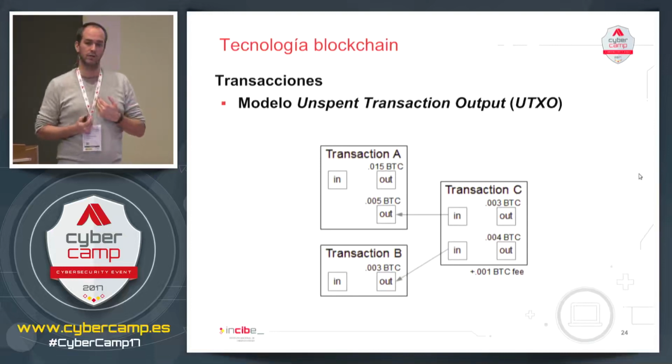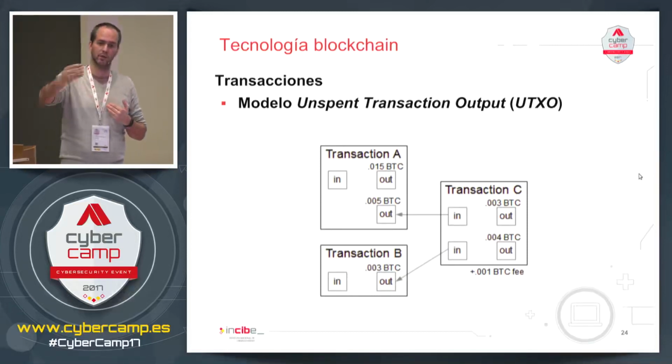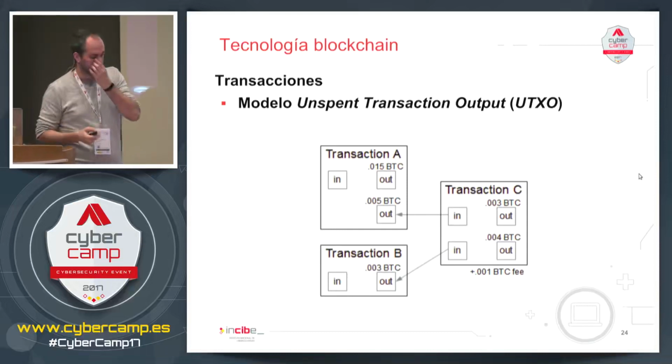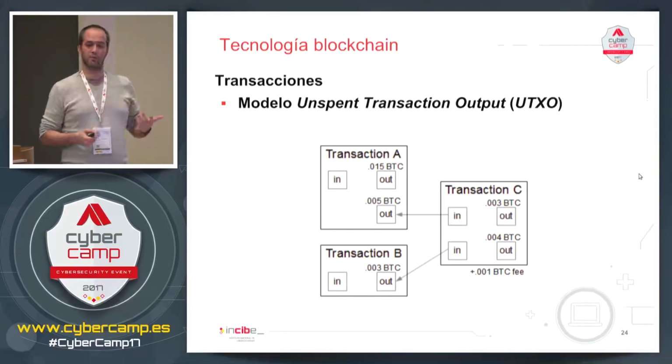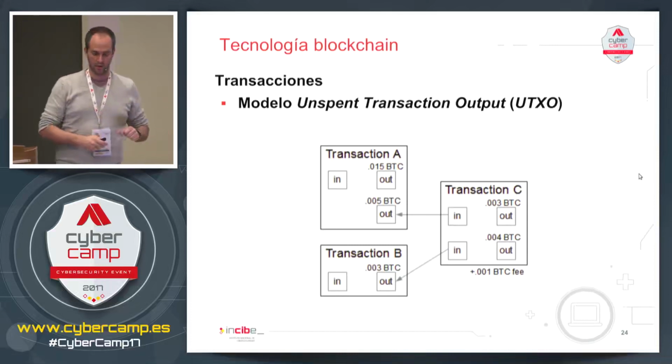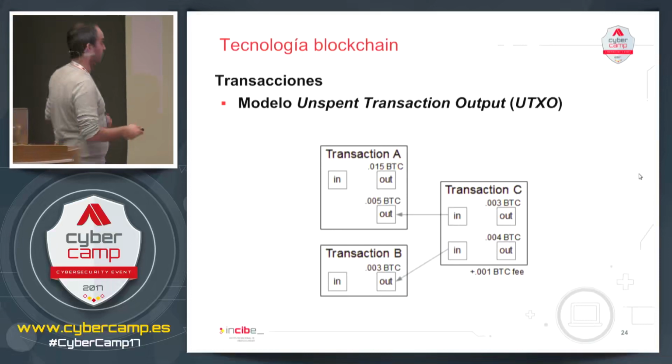So this output could be an account that I can control, so it's only me that can spend this. So the remainder will go to the miner, the person that includes the transaction. We'll see this in a minute.